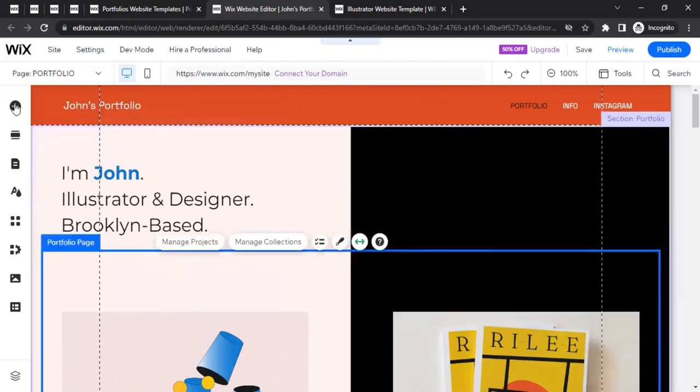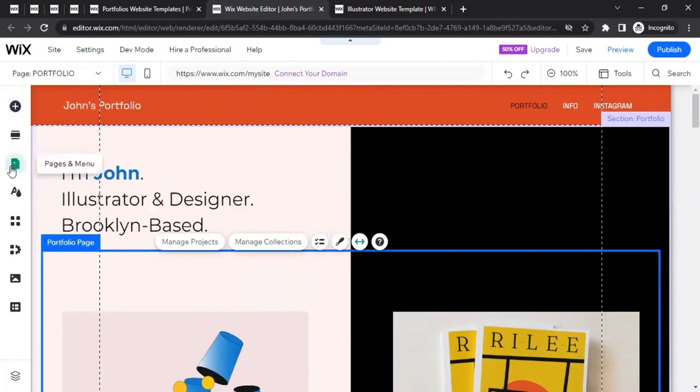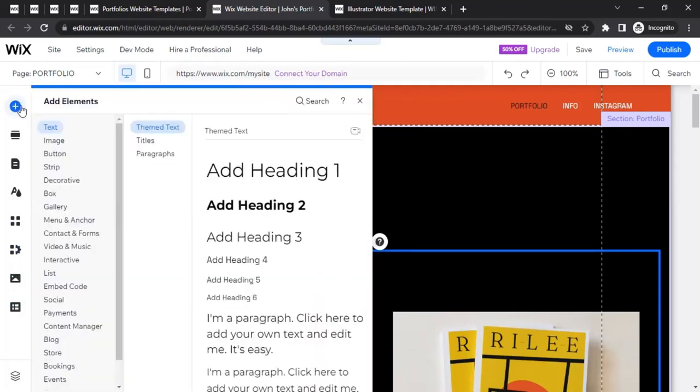But if you want to add something, you click on add elements, as we were talking about. You've got add section, pages as well, site design. You can set up, you can even add apps as well. You could set up your business. You could update your media, and you can just manage the content as well. But we will focus on add element, and since we were talking about adding a text, we could click on